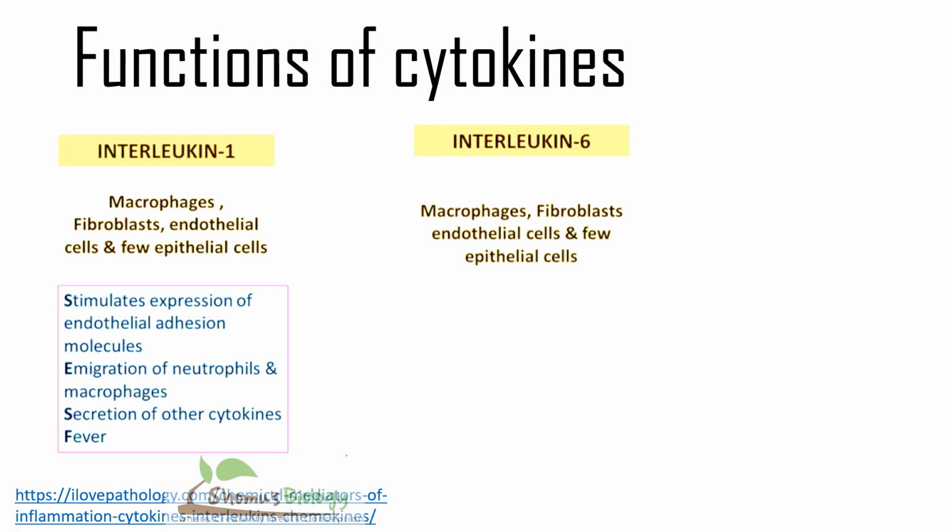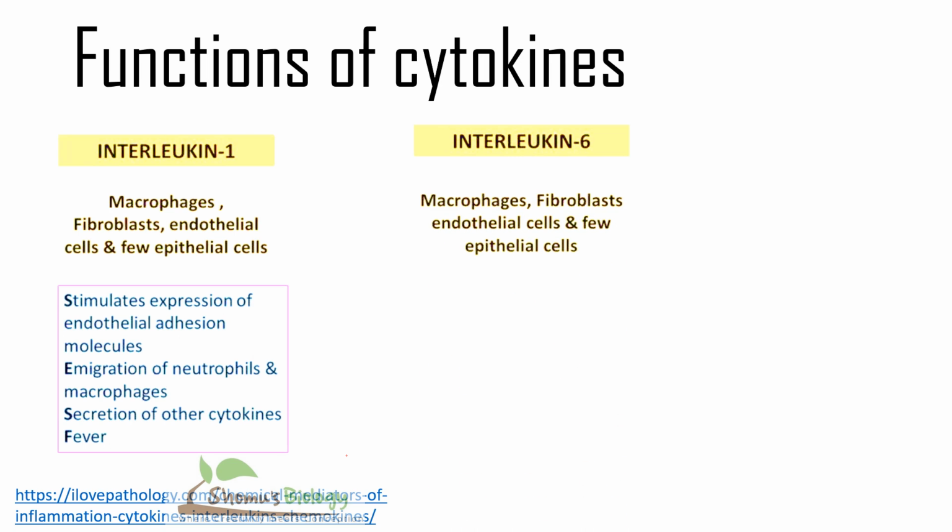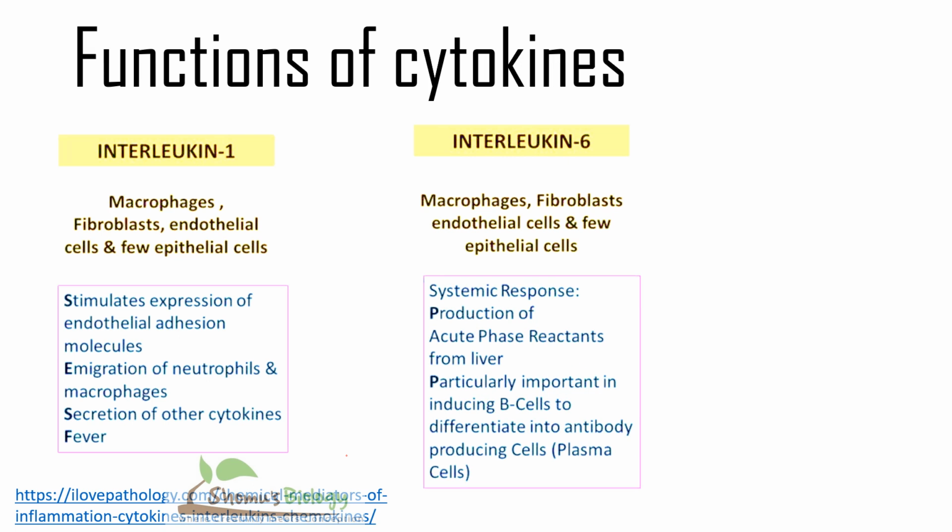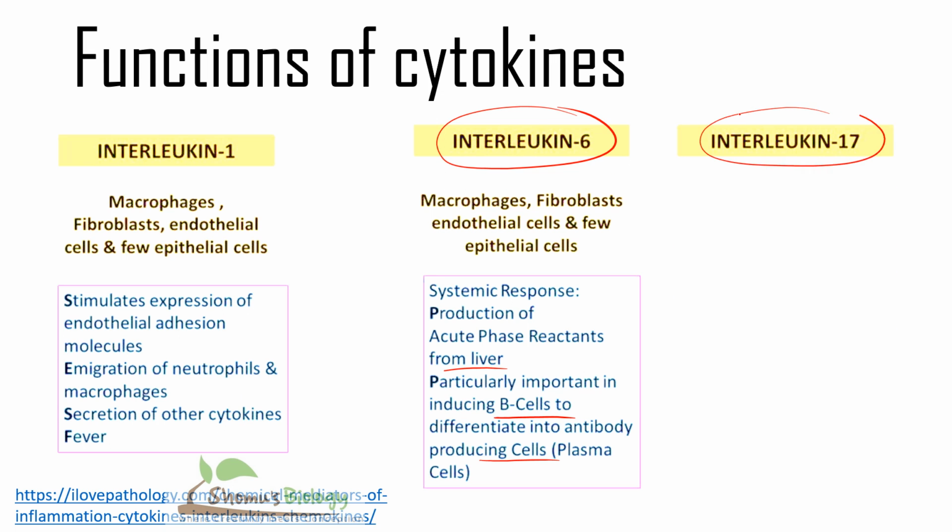Interleukin 6, secreted by macrophages, fibroblasts, endothelial cells and a few epithelial cells. Systemic effect is the production of acute phase reactants from the liver, particularly important in inducing B cells to differentiate into the antibody producing plasma cells. So major job of interleukin 6 is to convert a B cell into a plasma cell which will become antibody producing factories. Okay. And the third type, interleukin 17,